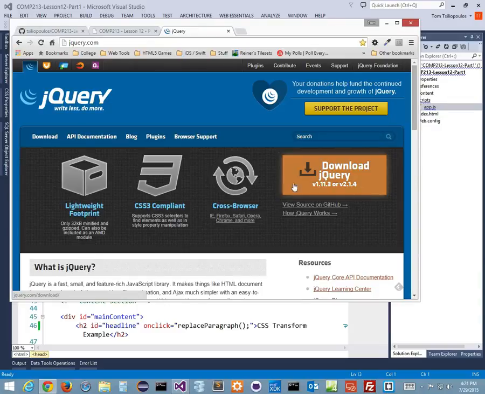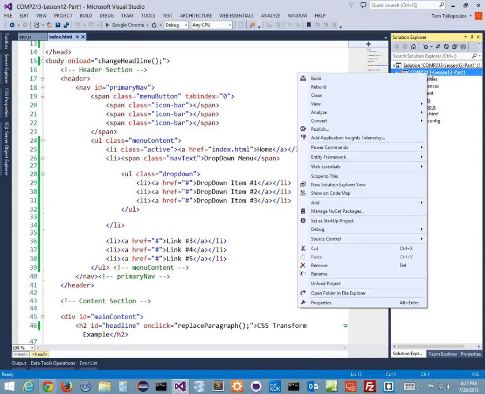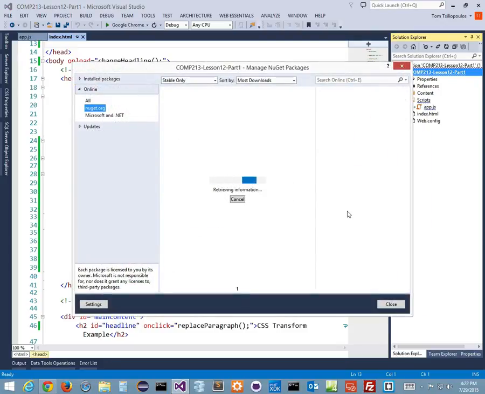Okay, well, there's a couple of ways. I can download it from here, and when I download this file, I can attach scripts and link the scripts for jQuery in my document. That's what I could do. Or with Visual Studio, you can right-click on your project and go to Manage NuGet Packages. And in Manage NuGet Packages,